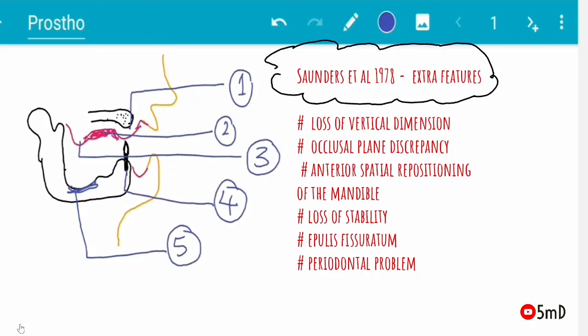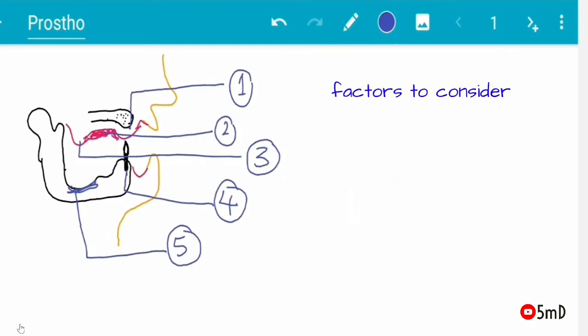including loss of vertical dimension, occlusal plane discrepancy, anterior spatial repositioning of the mandible as a habit, loss of stability which leads to refabrication of the existing dentures, epulis fissuratum as seen before, and periodontal problems of the remaining teeth. So before starting treatment of this combination syndrome, you should also know about the factors which can